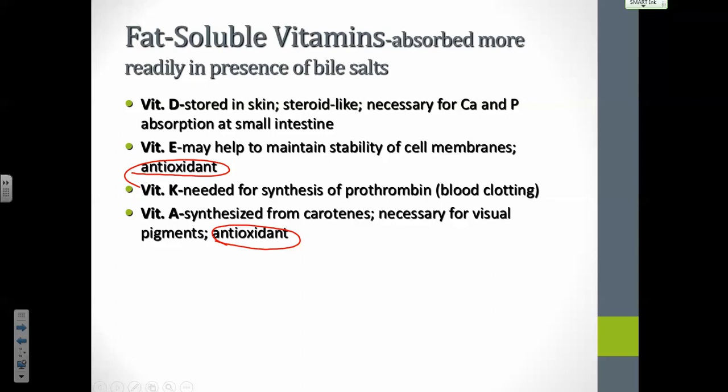Vitamin K, we talked about, it's necessary for blood clotting. And then vitamin A, way back when we did the rods and the cones, remember rhodopsin in the rods requires vitamin A, and it comes from carotenes. Carotenes are an orange plant pigment. Right. All right, so you need to memorize that these are the fat soluble, and memorize this little bit that